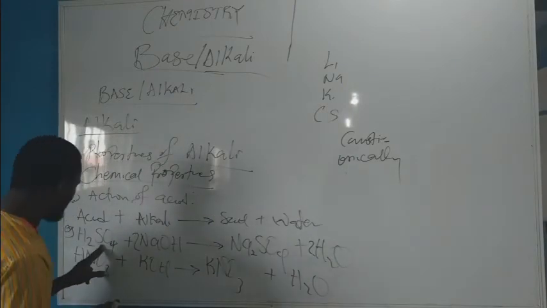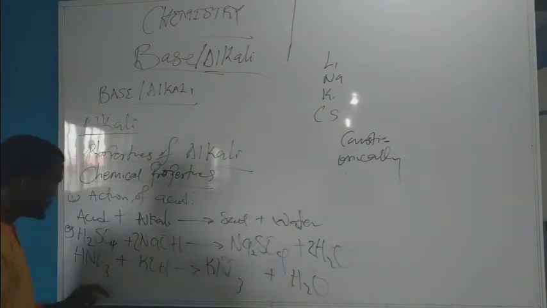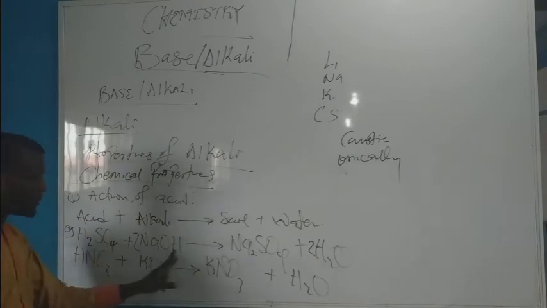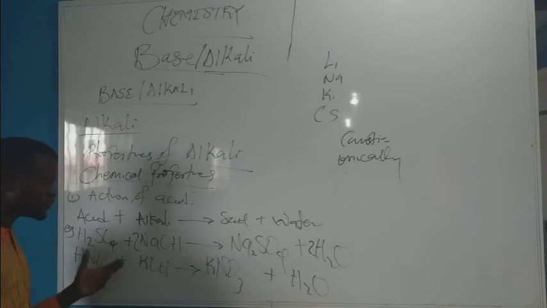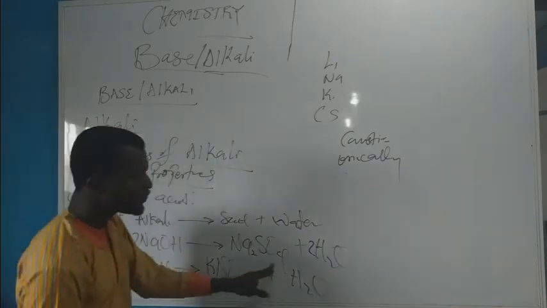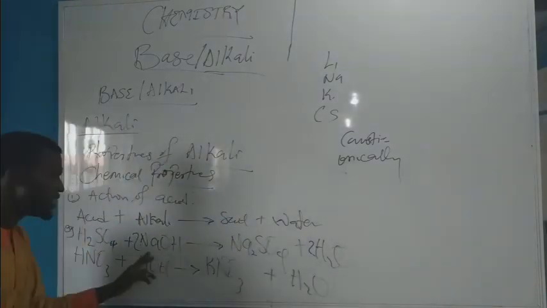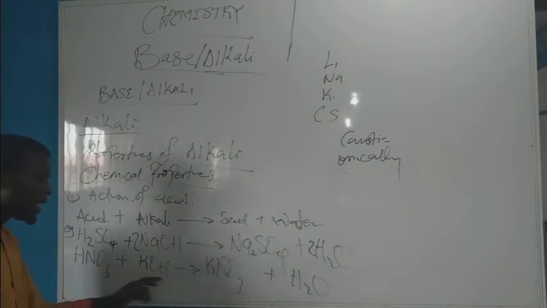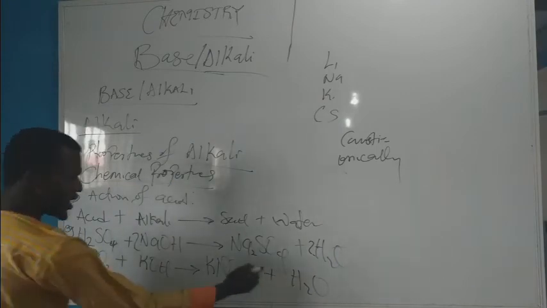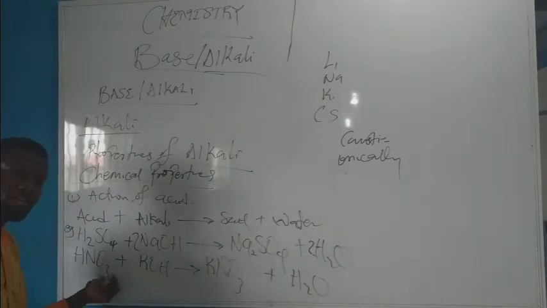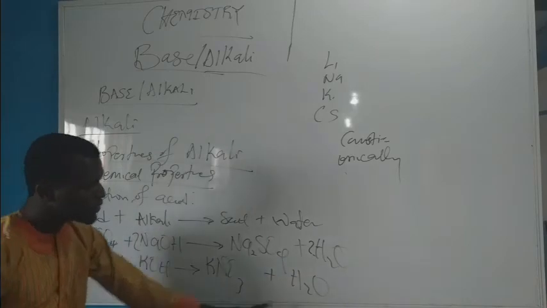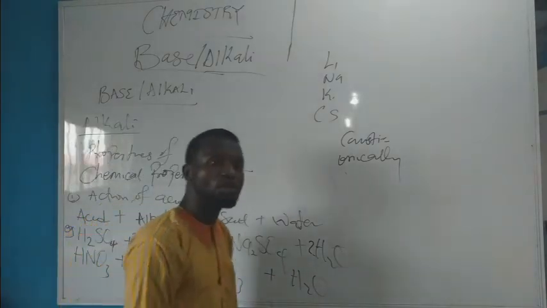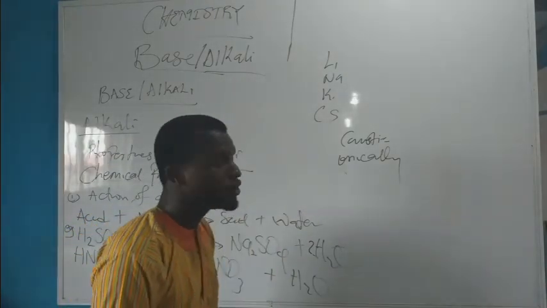Sulfur here is 1, sulfur here is 1. Now, oxygen here is 4 plus 2. Oxygen here is 4 plus this is 1 times 2. That is 6 altogether. Sodium here is 2, sodium here is 2. So the equation is balanced. Look at the second equation. Hydrogen here 1 plus 1, 2, balanced. Nitrogen here is 1, nitrogen here is 1, balanced. Oxygen here is 3 plus 1, 4, balanced. So I'm picking the first equation as an example to illustrate